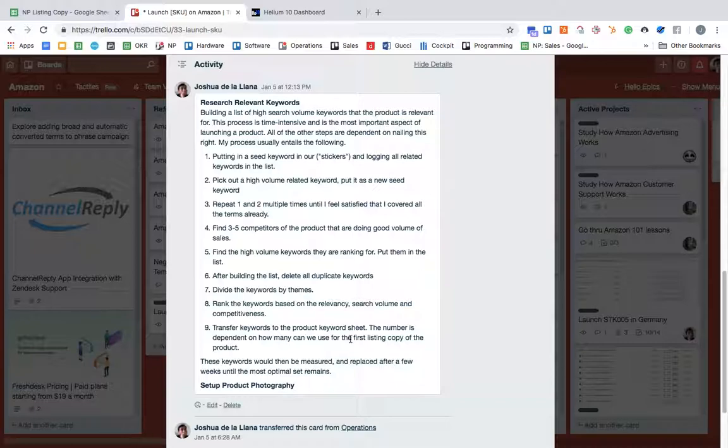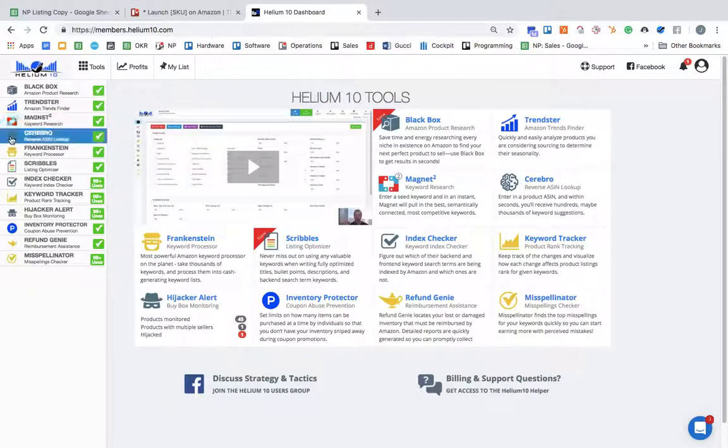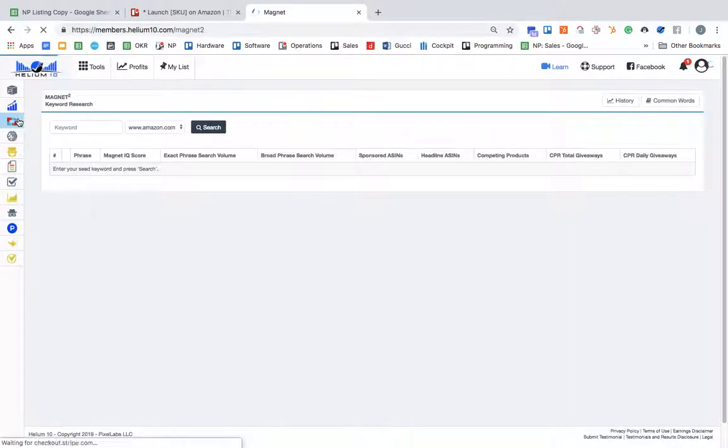First, I have a seed keyword. Kumbaga, I have a guess. I put in my personal guess of what this product is. For example, for stickers, I can just put stickers there. If it's plant stickers, I can put plant stickers there, right? And this tool by Helium10 called Keyword Research, this one, what it does is that when you enter a seed keyword here, it also lists down what it thinks are equally relevant keywords related to what you enter. So for example, if I enter stickers here,